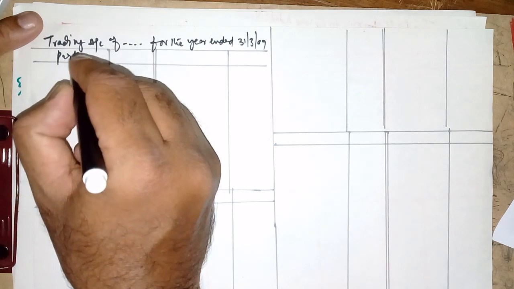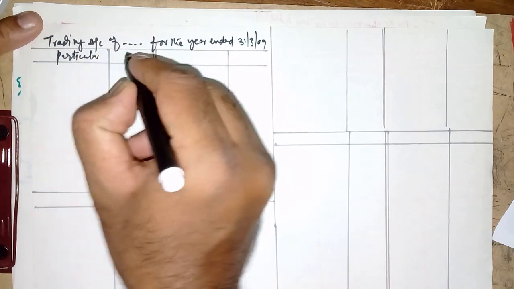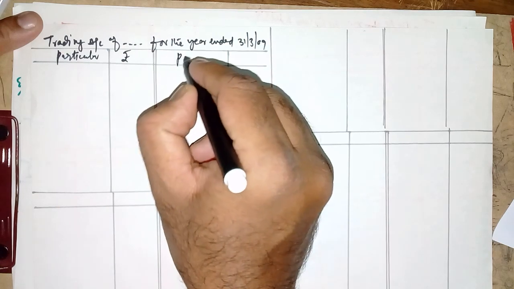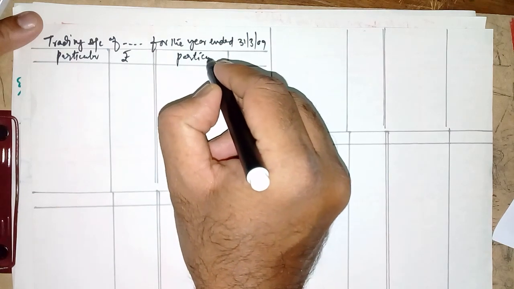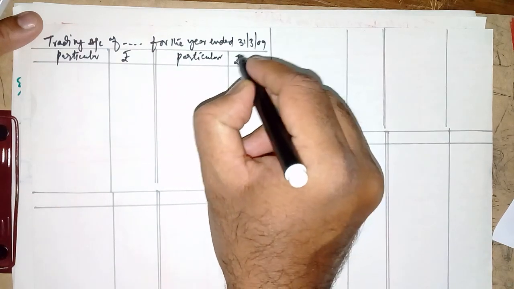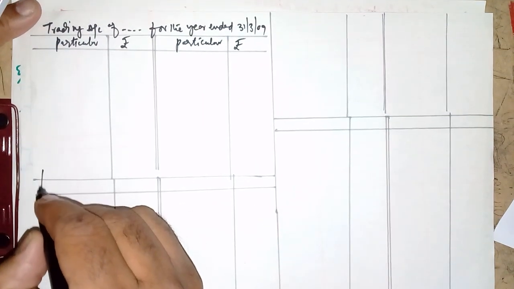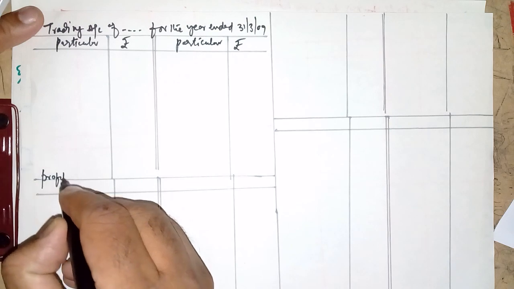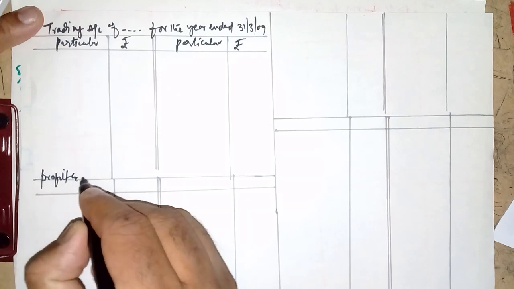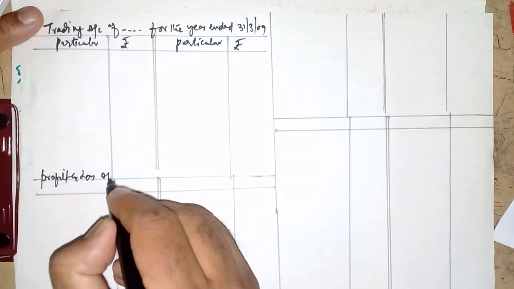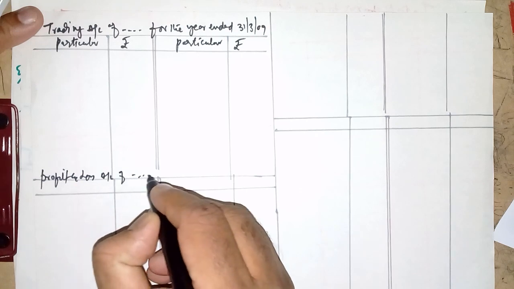Particulars, rupees; particulars, rupees. Then the profit and loss account of